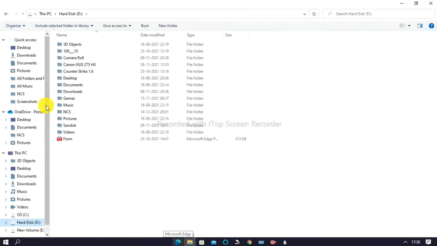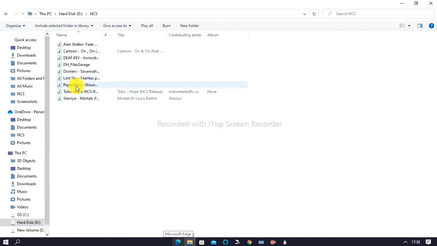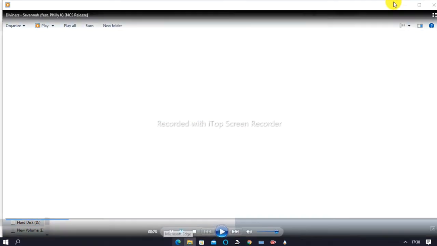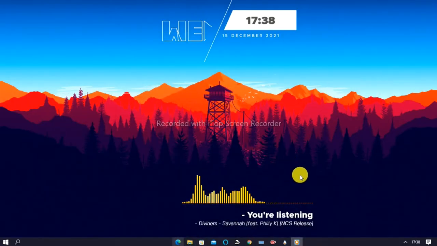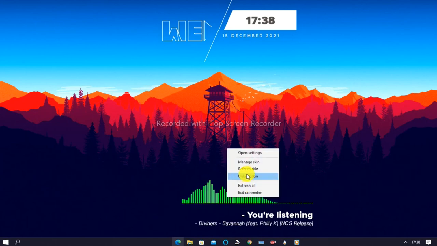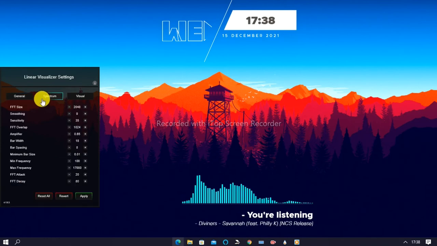So, Lost Sky, I love that song. You can just open settings and change the smoothing.